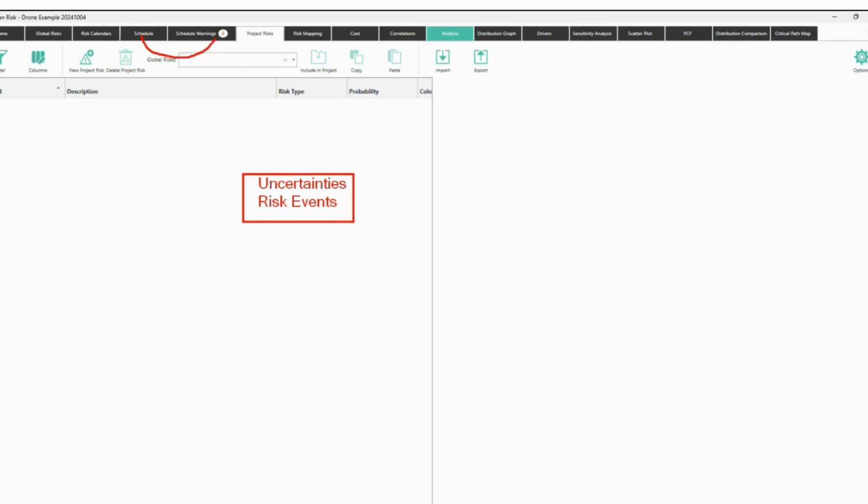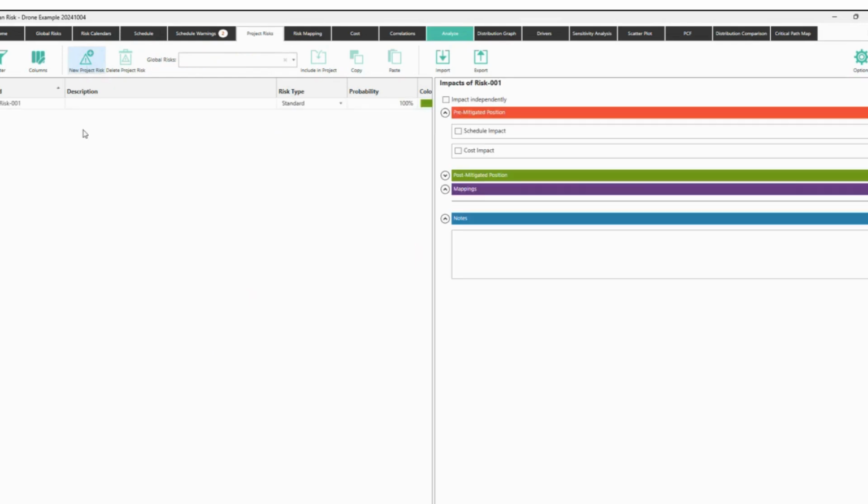So you see we came from schedule to schedule warnings. Now we go to project risks. So there are two ways of doing that. What I can do is I can define a new uncertainty here. If I say new project risk, for example, and I say this is going to be an estimated uncertainty, meaning